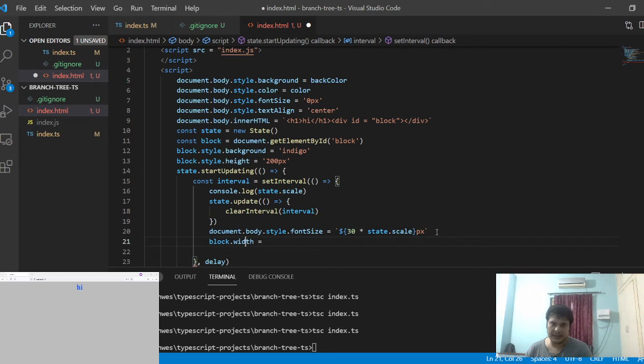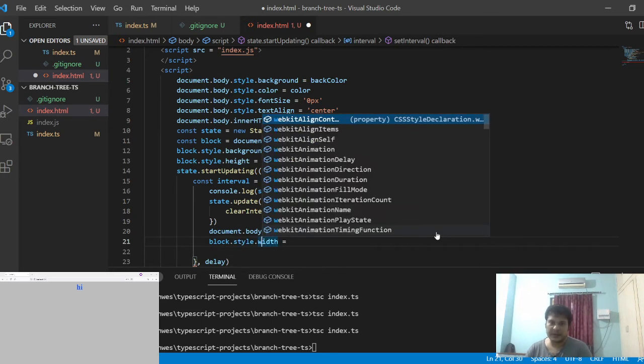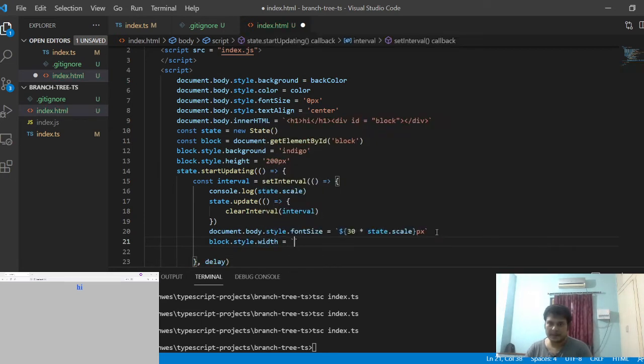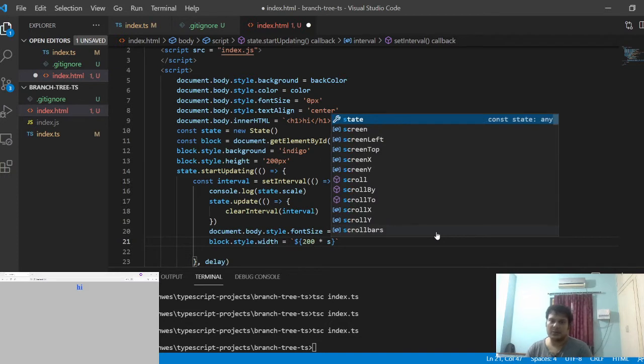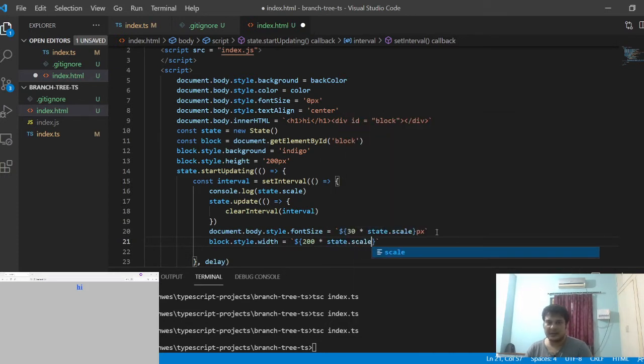Here I'm just updating the width, like I'll just do 200 into state dot scale.